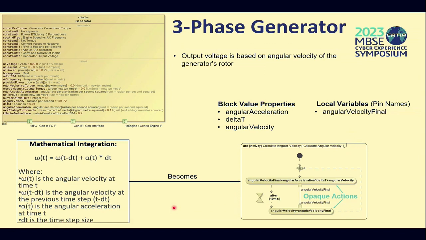So that is essentially how you can do a mathematical integration using opaque actions. Now, there's another way to do that purely parametrically, and there's an example in this presentation of how you could do that as well, but there's some advantages and disadvantages of doing that, and that really comes down to